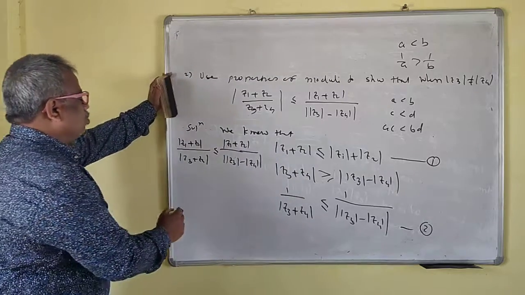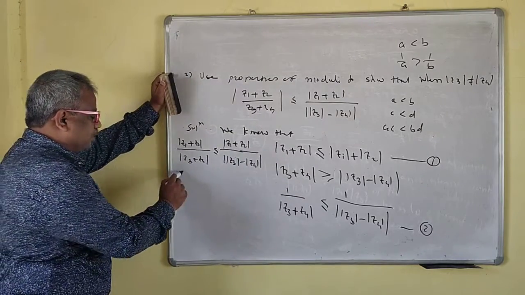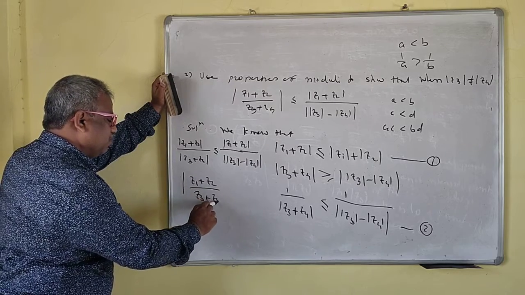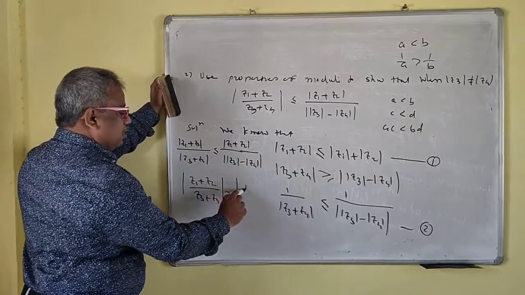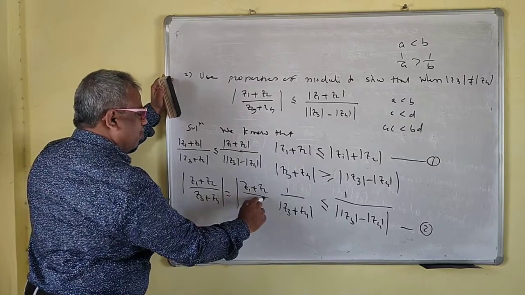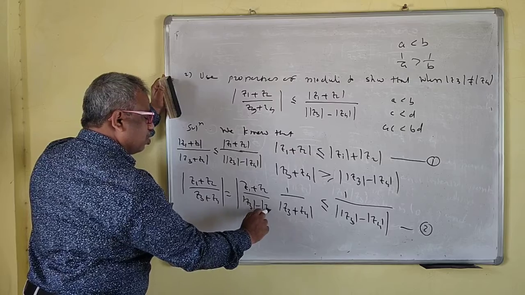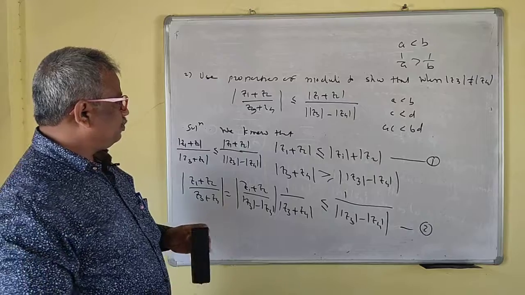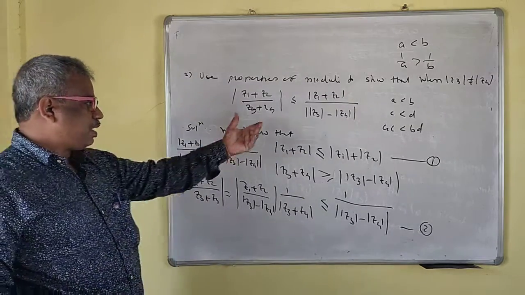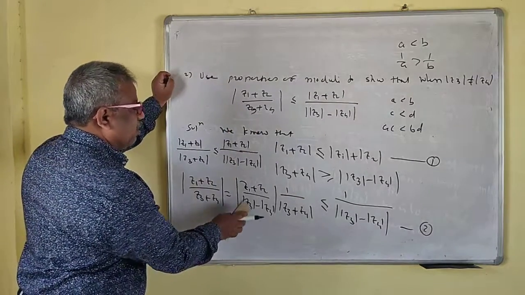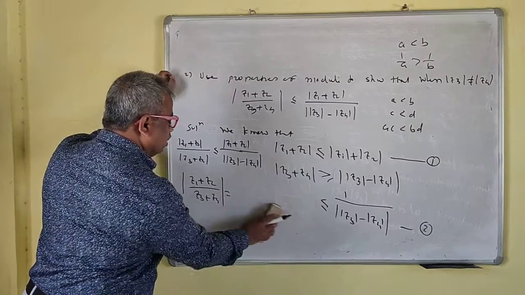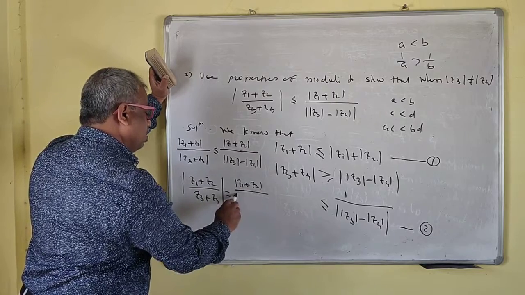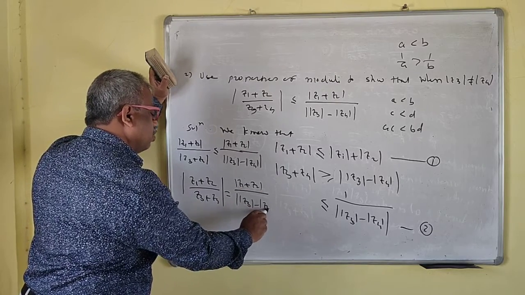So I can write this: mod of Z1 upon mod of Z2 is nothing but mod of this, right? 1 plus Z1 Z2 upon Z3 Z4 is equal to mod of Z1 plus Z2 upon mod of Z3 minus mod of Z4. And that is what we want. This one you may separate, and you may keep this right side as it is. So no need to write this; we'll keep this as it is now: mod of Z1 plus Z2 upon mod of Z3 minus mod of Z4.